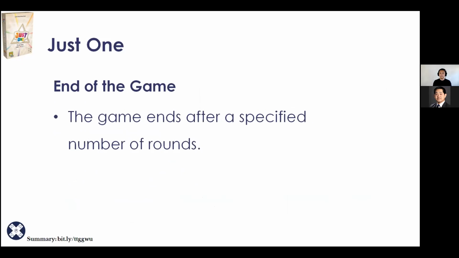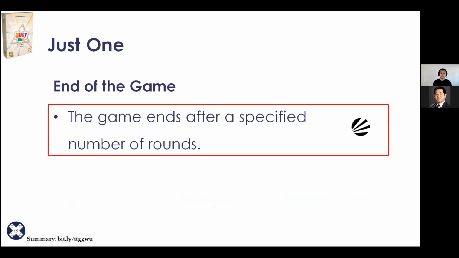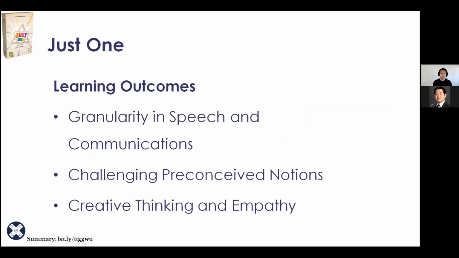So the end of the game occurs, again, according to the rules, after a specified number of rounds. Depending on the number of people that are playing, you can have 1 full orbit around the table. You can do 2 full orbits. For me, I tend not to play in a very structured environment. So I just like to play until we don't want to play this game anymore. So we take an infinite amount of turns and we just really have fun in this individual environment of trying to guess these individual words.